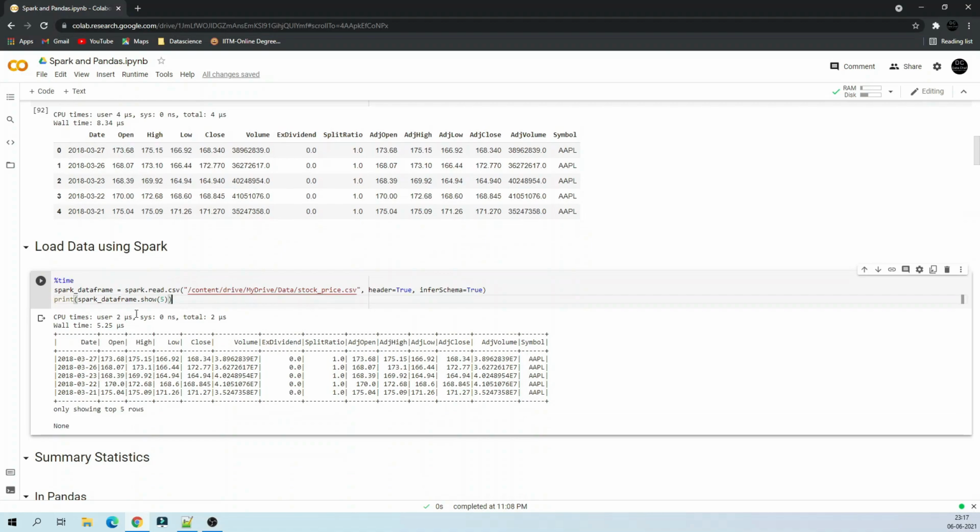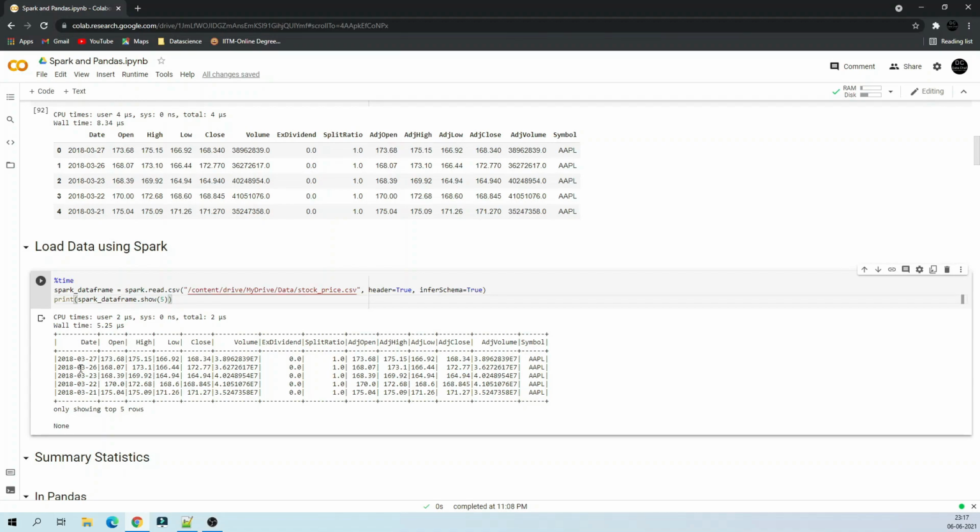When I say show(5), I get the first 5 rows of my Spark data frame. You can see this is a stock dataset of 3 different companies: Apple, Google, and Microsoft. It consists of data from around 2013 to 2018, I believe.